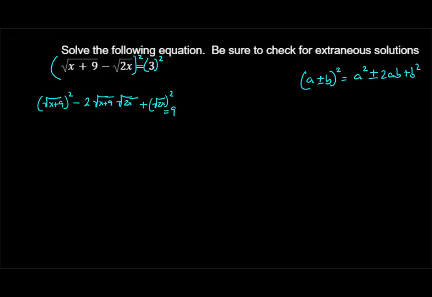I'm going to have to rewrite my 9. And that's equal to 9. So you can also do that by distributing. I'll add that in at the end if you want,